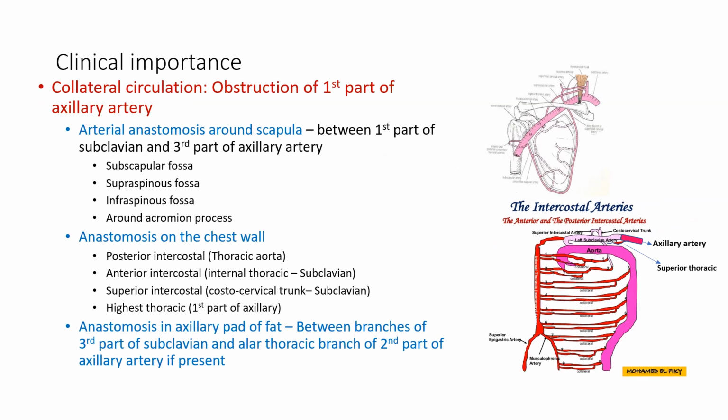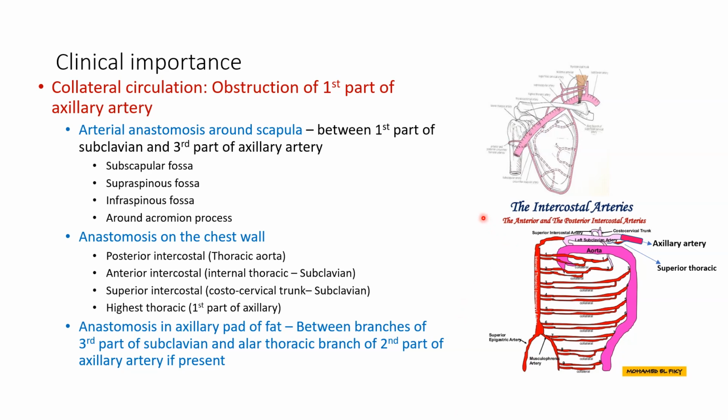Coming to the clinical importance, the collateral circulation. Whenever there is obstruction to the first part of the axillary artery, collateral circulation will be established by arterial anastomosis around the scapula, or anastomosis on the chest wall, or anastomosis in the axillary pad of fat. In the case of arterial anastomosis around the scapula,